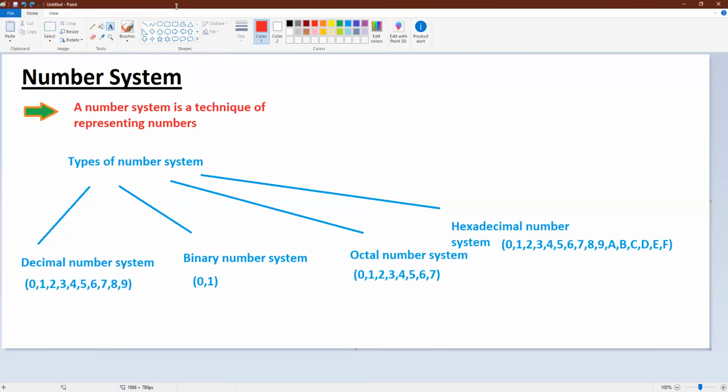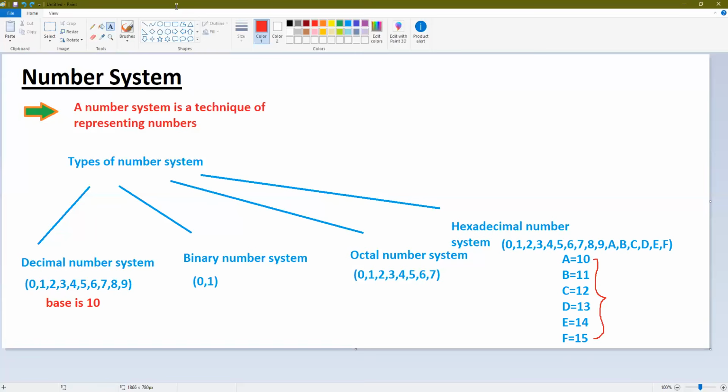and the hexadecimal number system has a total of 16 numbers starting from 0 to 15, but the number 10 is represented using A, the number 11 is represented using B, 12 using C, 13 using D, 14 using E, and 15 using F. Because if instead of writing A, I write 10, you may be confused if it is 1 and 0 or it is 10. So that is the reason why in the hexadecimal numbers we have the alphabets A to F that represent 10 to 15.